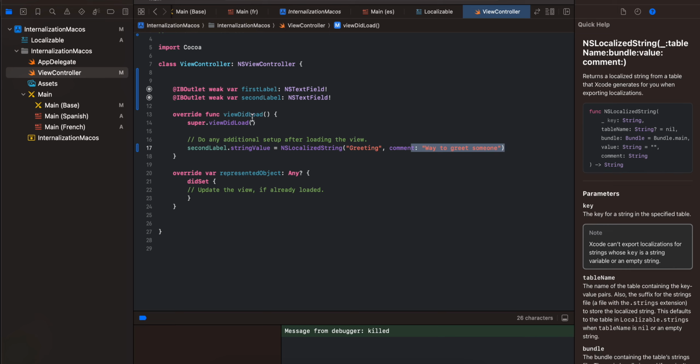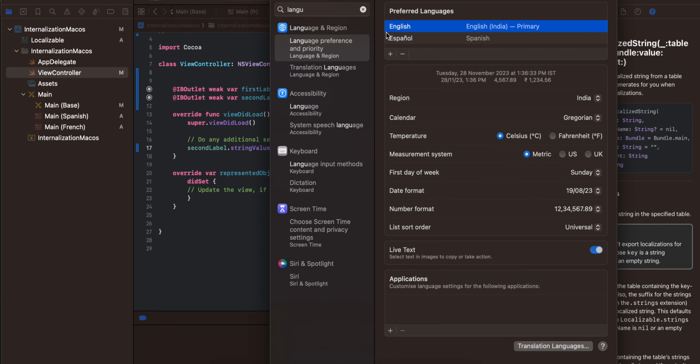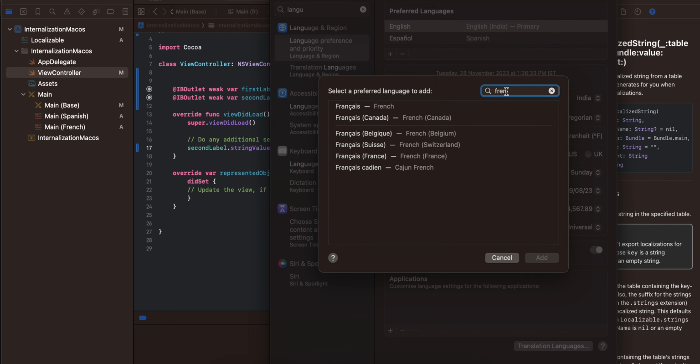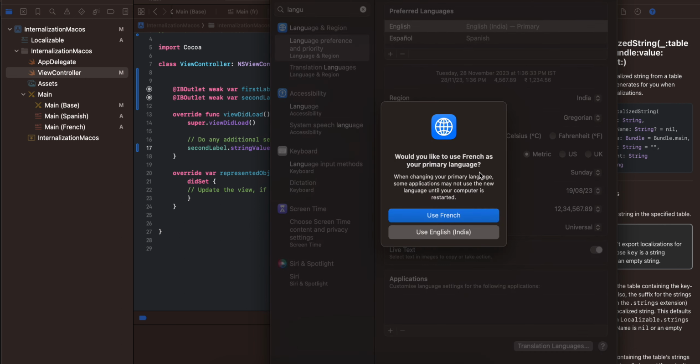Now before you run your application, if you are an English user like me, you will have to add Spanish to your macOS. So you will have to open your settings, sorry, French I mean. I already added Spanish, but if I want I can add French as well. So I will just add French, okay. I'll click on add, and it asks me